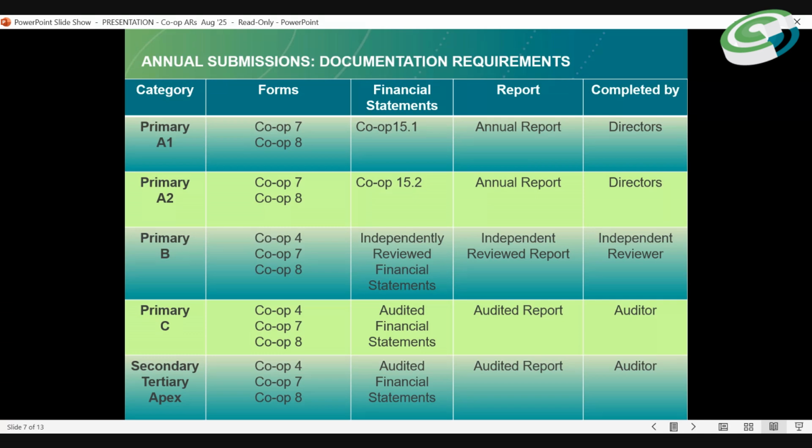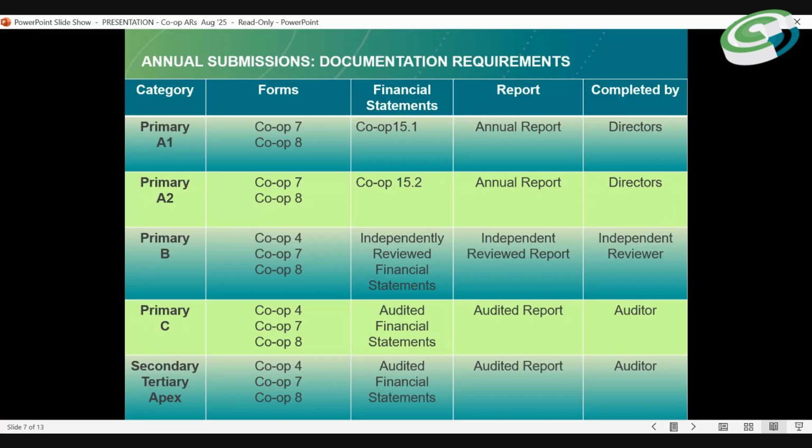So hence the directors of the co-op can fulfill this requirement and file the annual return for the co-op. In terms of the A2 primaries, the required documents are the COP 7, COP 8, COP 15.2 and the annual report. This can also be completed by the directors of the co-op.